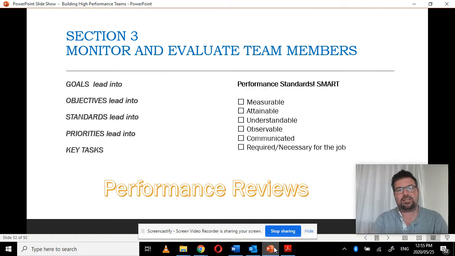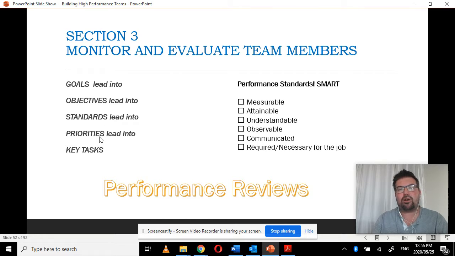The reason for this is on the left hand side. At the beginning, the business wants to make goals. So let's say they want to increase their turnover by 5%. Those goals lead to objectives. So they're going to have smaller objectives to get to the big goal. So we need to change our marketing strategy. We need to change our sales strategy to achieve a 5% growth. Then you've got standards. Okay. So now each salesperson needs to visit 5 different clients every single day in order to achieve the objectives, in order to achieve the goals.